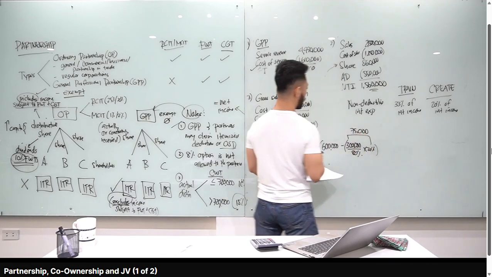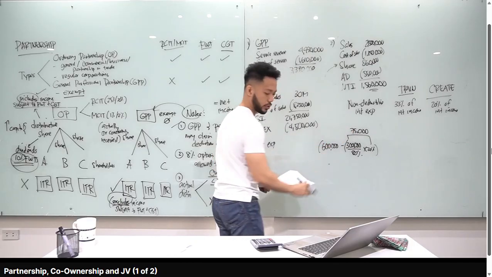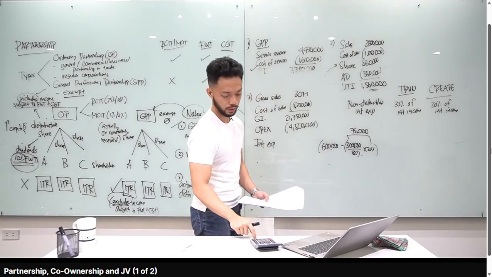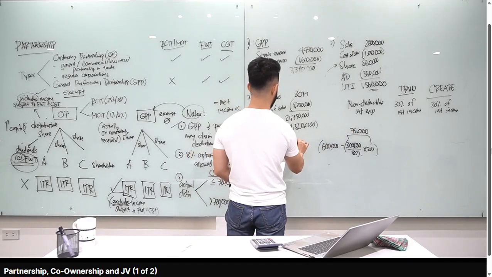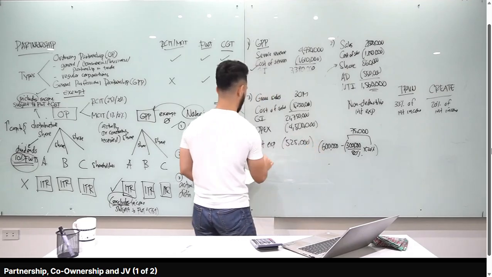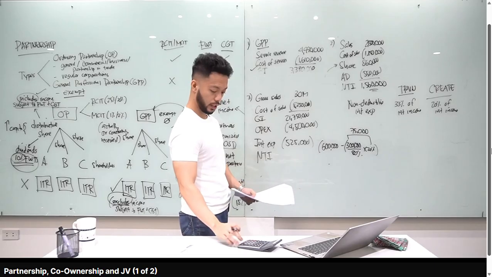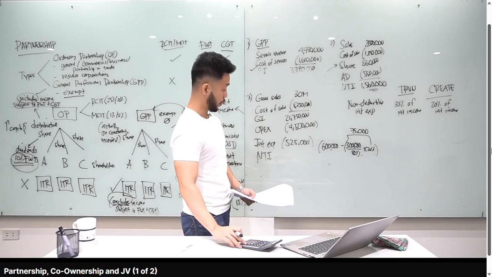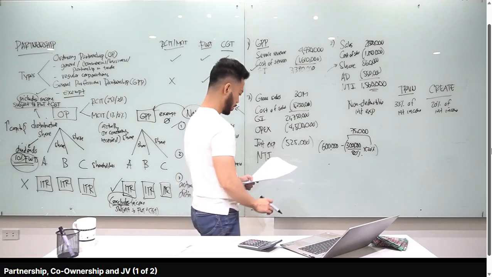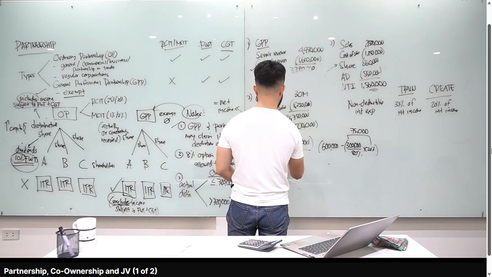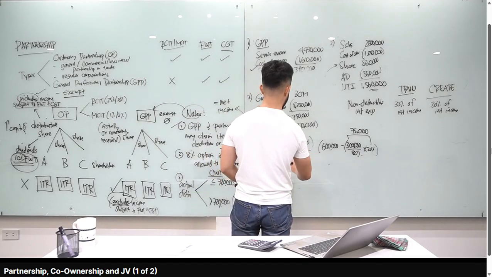So, ibig sabihin, ang pwede mo lang i-deduct na interest expense is 600 minus 75,000. 600 minus 75,000, you have 525,000. Okay, so yan. And then yung net taxable income natin, compute natin ha. Gross income na 21,750. And then, minus natin yung 4.5 million operating expenses, minus 525 na interest expense, 16,725,000. So, final answer natin dyan, class, is 16,725,000.